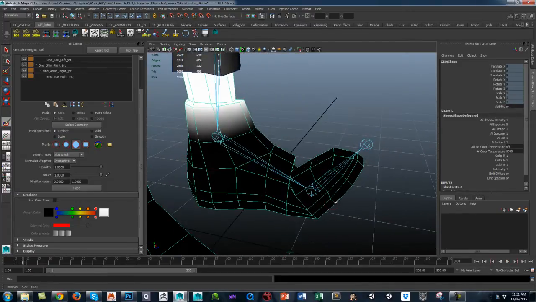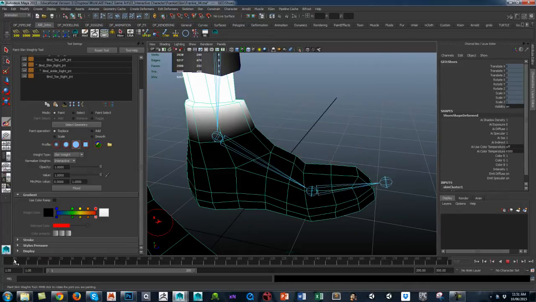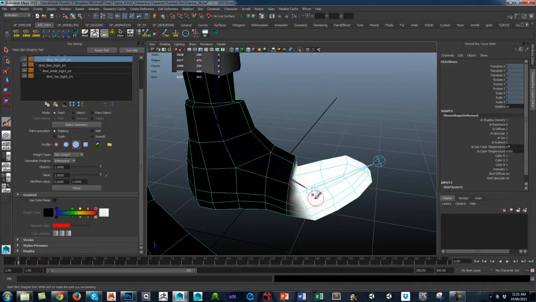Now what we need to do is deal with the nice blending. Now there's two ways you can do this. You can use the smooth option, which can be a little bit unpredictable in that it distributes the smoothing across joints that you don't need. But if you are to use smoothing, take the opacity down to 0.1, 0.2, something like that, and I'm going to now blend across. And as you can see, with a low opacity,